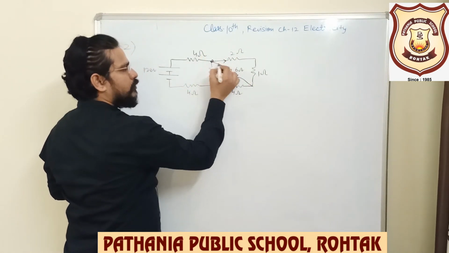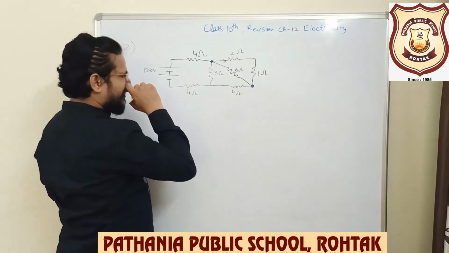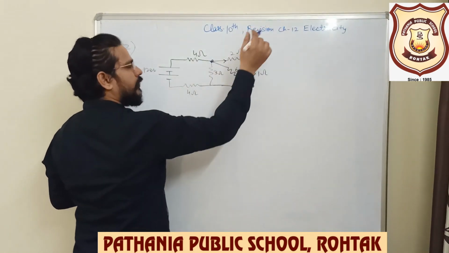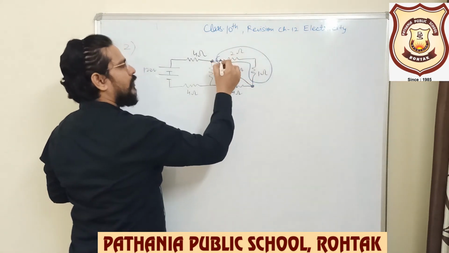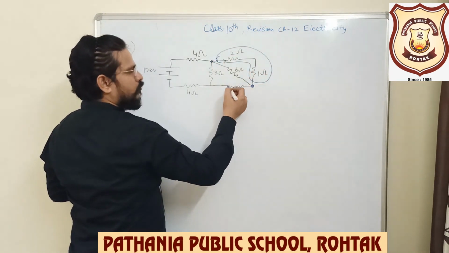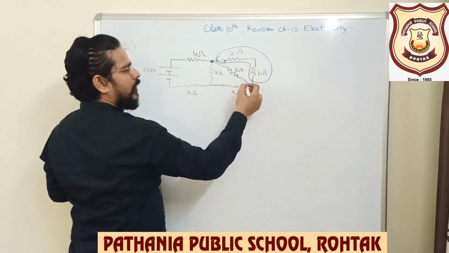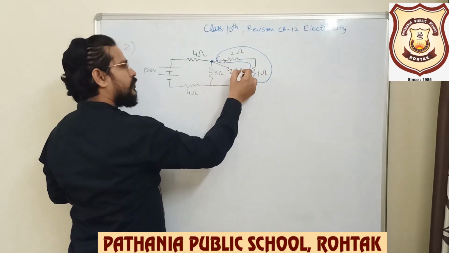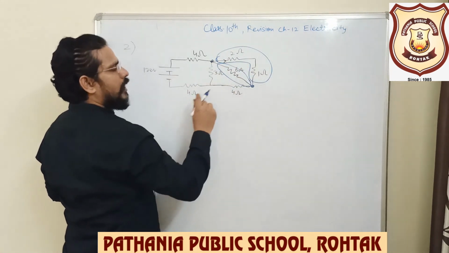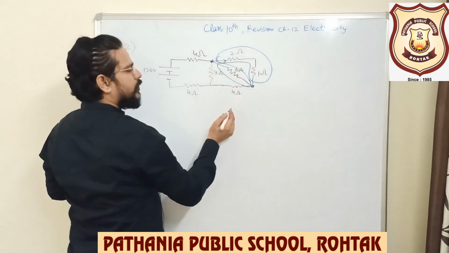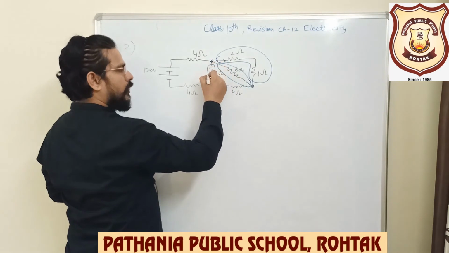So look from these 2 points first, and on the outer side of the circuit you can see the 2 and 1 are connected in series, which is in parallel with 6 ohm, and then whatever their parallel combination comes to,